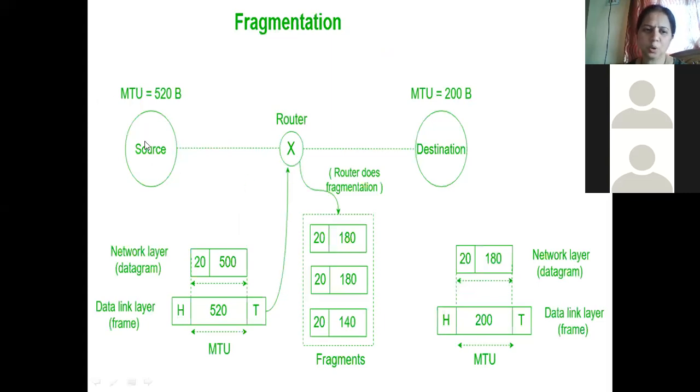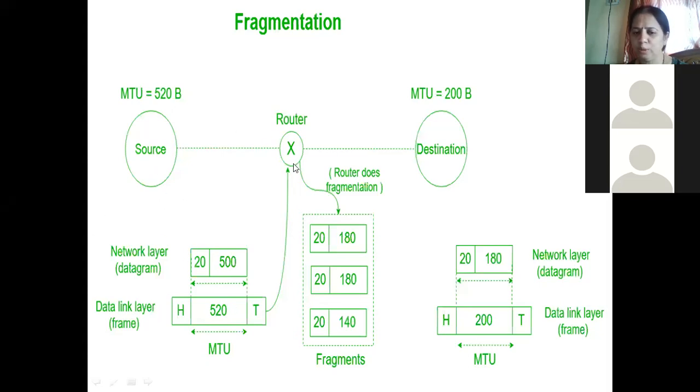So imagine the source has got a maximum transmission unit of 520 bytes. To this the actual data is 500 bytes. To it, a header is attached, which is of 20 bytes, the fixed part. Optional part is not there. So what the data link layer or the host to network layer will do, it will take the 520 bytes, attach its own header and trailer and transmit it to the router. So now this is happening at the source.